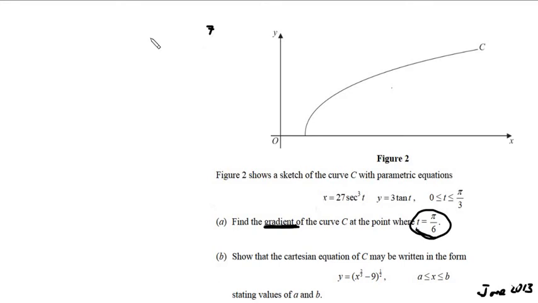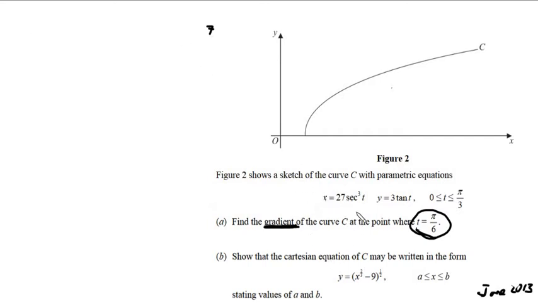Okay, part B. Show that the Cartesian equation of C may be written in the form y equals x to the power of 2/3 minus 9, all to the power of 1/2, where x ranges between these two values, a and b, stating the values of a and b. Okay, so